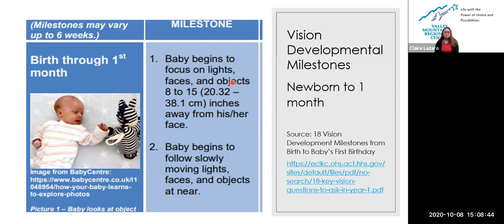And they begin to look at those slowly moving lights. That's why most of the time we have those things on top of the bed, I forgot the name now, that rotate for babies to see. It's really too far usually, but we really want it to be just a foot away. So toys like in this picture are too close for the baby to see and appreciate really. So that's what you're expecting them to see when they are newborn and up to their first month of